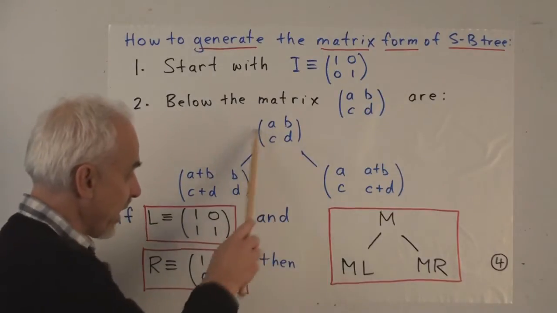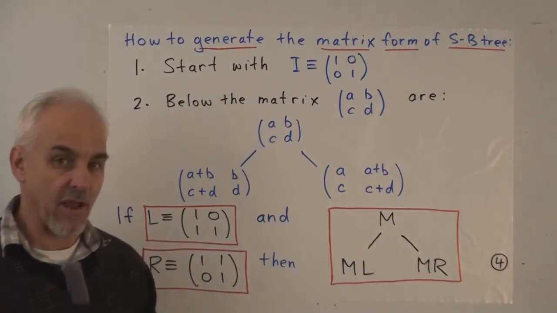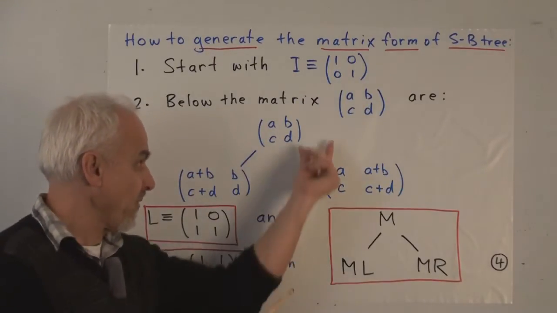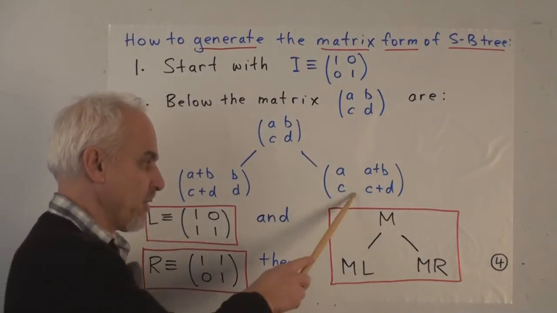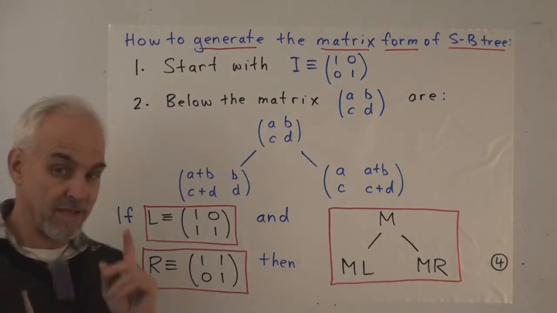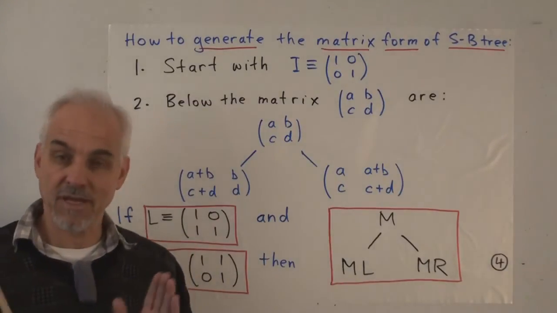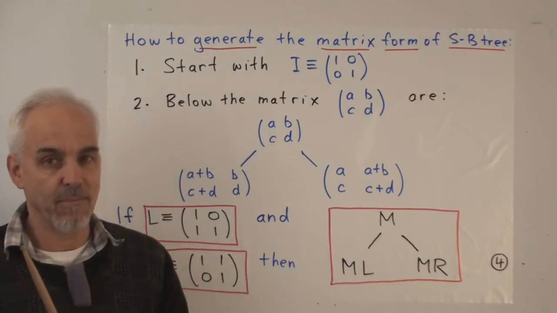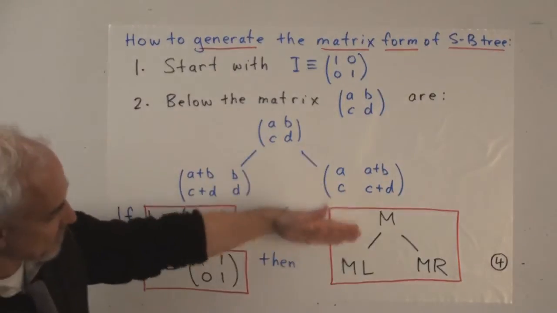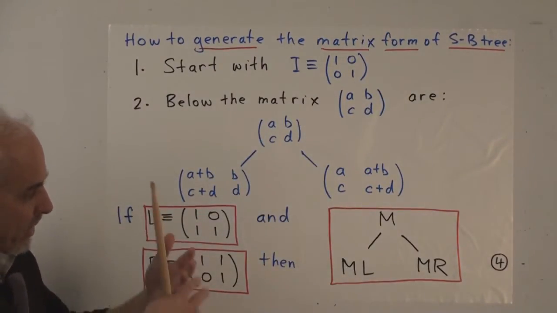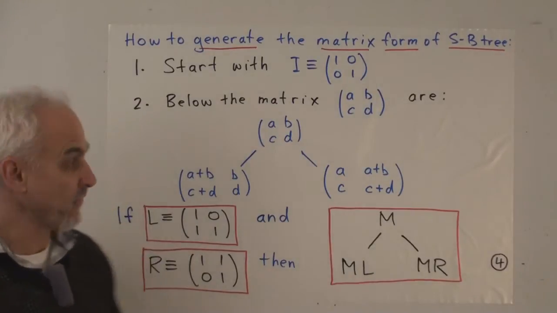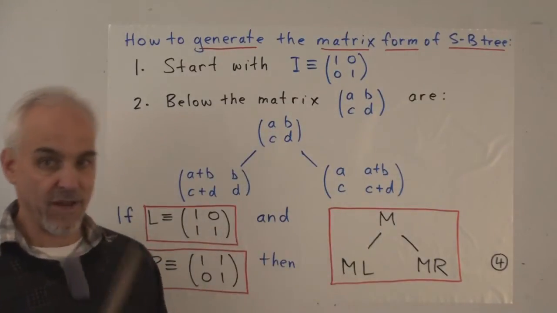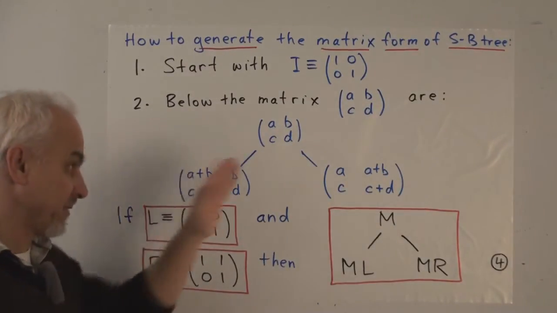So if you take this matrix here and you multiply it on the right by the matrix L, then you will get this matrix. And when you take this matrix and multiply it on the right by the matrix R, then you will get this one. And it does make a difference whether you multiply on the left or on the right, because matrix multiplication is not commutative. The order does matter. So this is a very efficient way of describing how we create this matrix form of the Stern-Brocot tree, starting with the single matrix, the identity, up at the top. Just go left and right, corresponding to the branches left and right.